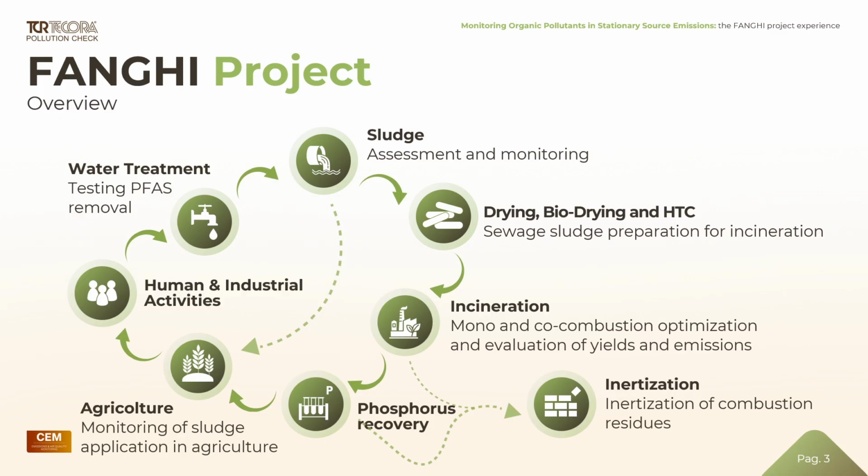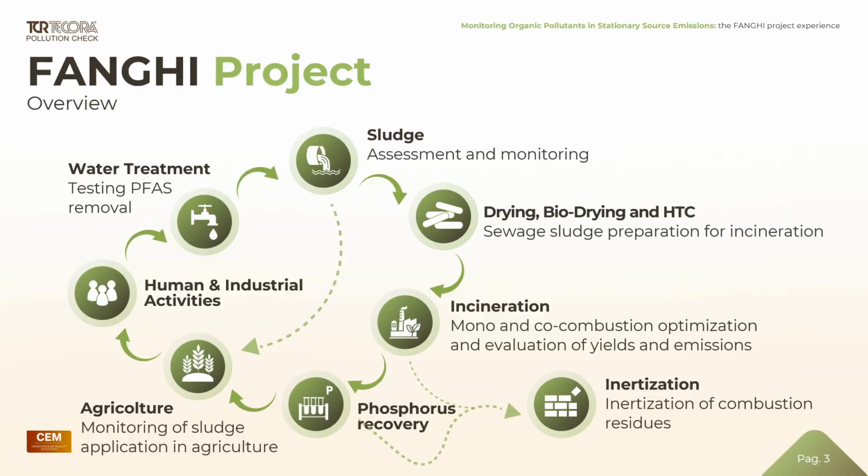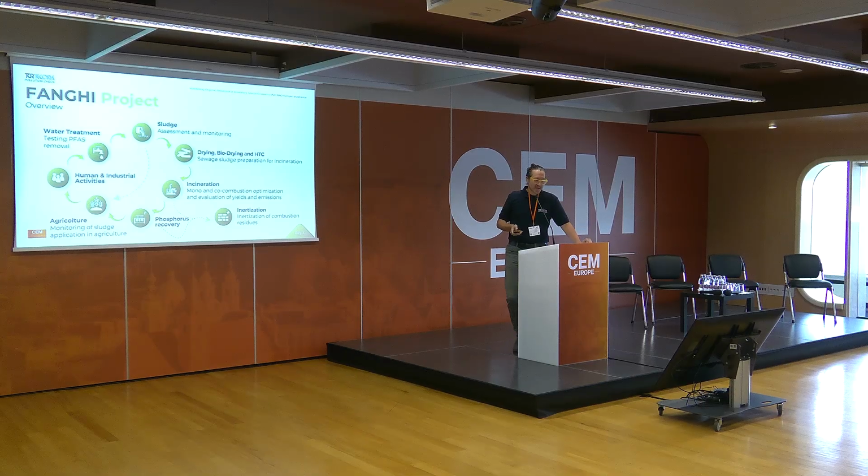Of course, the starting point is represented by the sludge, which in 2020, as I told you, was used mainly for agriculture. But then we wanted to understand the impact on the environment of another approach, which is incineration. Of course, the sludge must be treated before the incineration. This project involved many tasks, as you can see, it's quite complex. But at the end, to understand the sustainability of using agriculture and incineration, a life cycle assessment was performed.